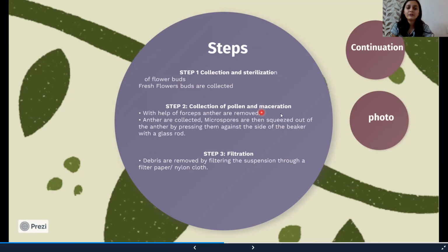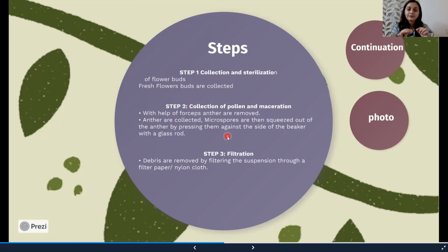Step: collection of pollen and maceration. Now the step differs. We have to collect the pollen from the flower and then macerate it. With the help of forceps, anthers are removed and collected. Microspores are squeezed out of the anther by pressing them against the side, with the help